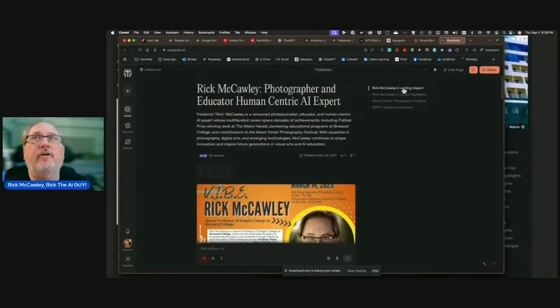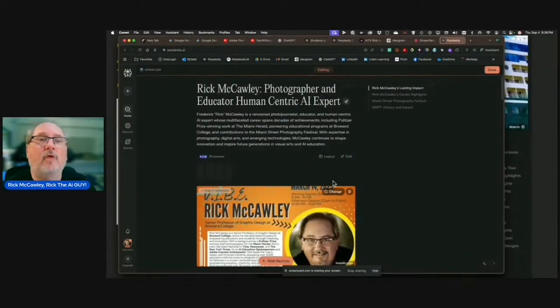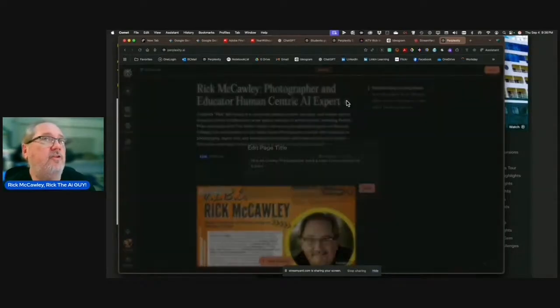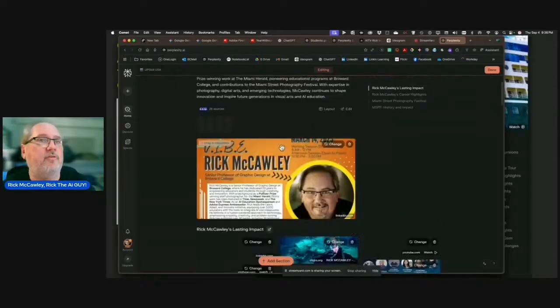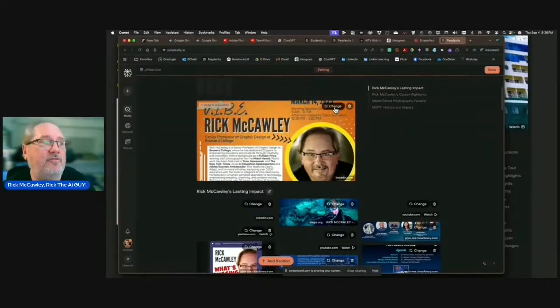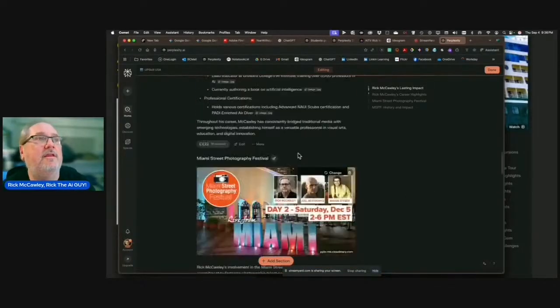So here's another cool thing. I'm going to hit edit. So I can go to this page and this is how I did it. So your layout, you can change. You can change the title at any time to what it says. You can come in here and say, hey, you know what? Why don't you go back and do a little more editing on this, or you can rewrite it. I can change the picture out. And then I can add into this.